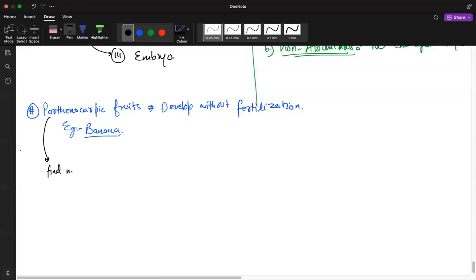Find more parthenocarpic fruits commonly available. The grapes. Yes. Seedless grapes, right? You know, grapes are actually seeded. The grapes, the real grapes